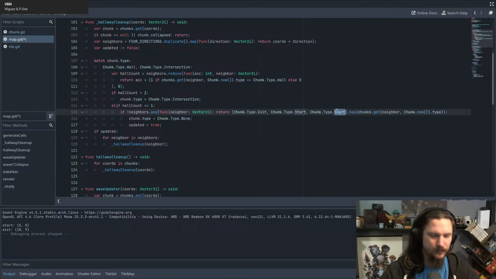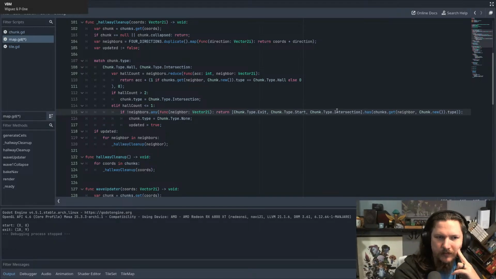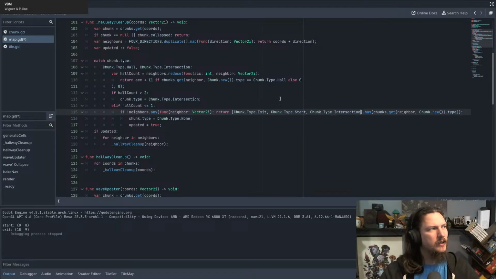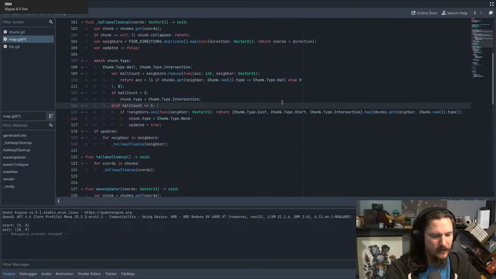No. The problem we're running into is we got some edge cases that are to lay these out. Hall, intersection